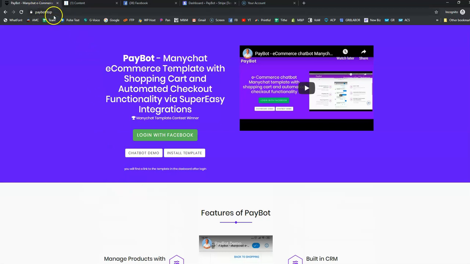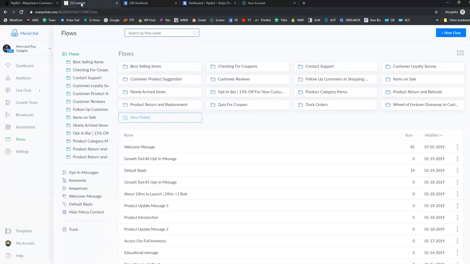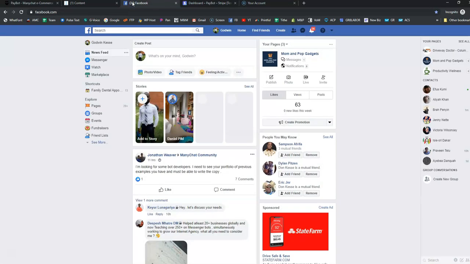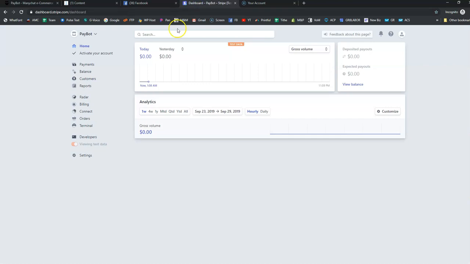Use the first tab to open up this website, and then open up another tab with your ManyChat account. Just make sure you're logged in. It doesn't matter where you are, dashboard, flow, it doesn't matter. Just log into your ManyChat account. Then open up another tab and log into your Facebook. Actually, you need your Facebook to log into your ManyChat account, but you can have your Facebook account open as well. Then the fourth tab will be your